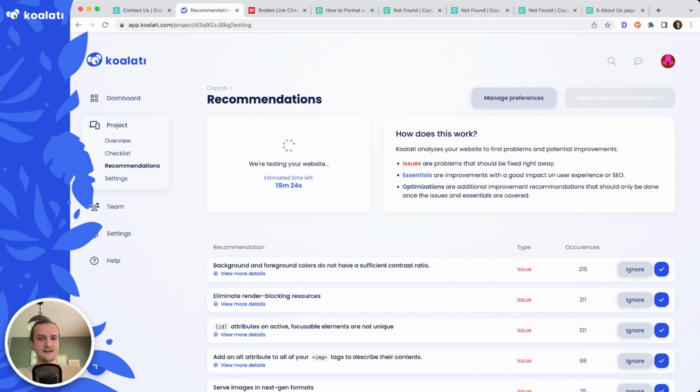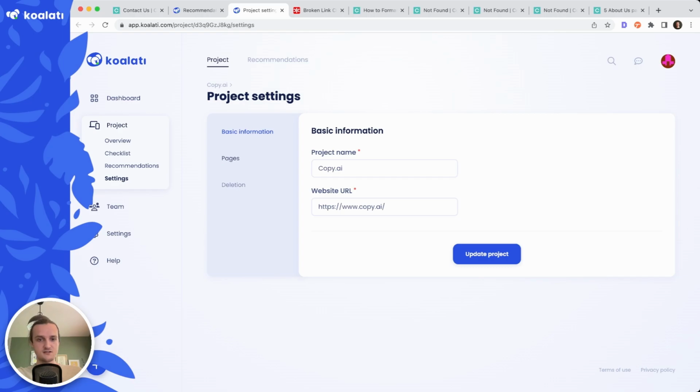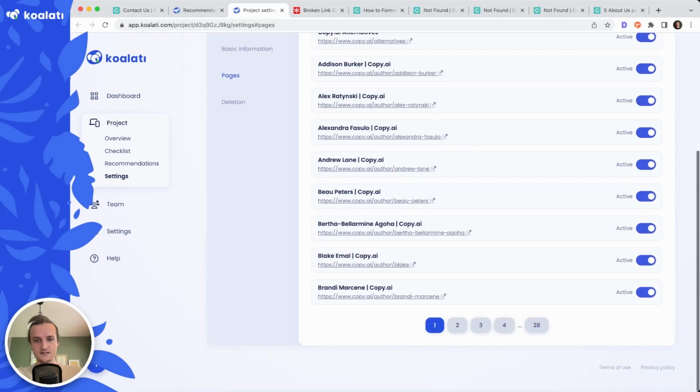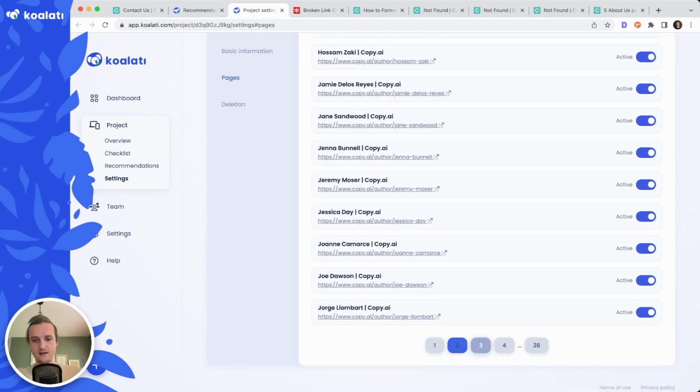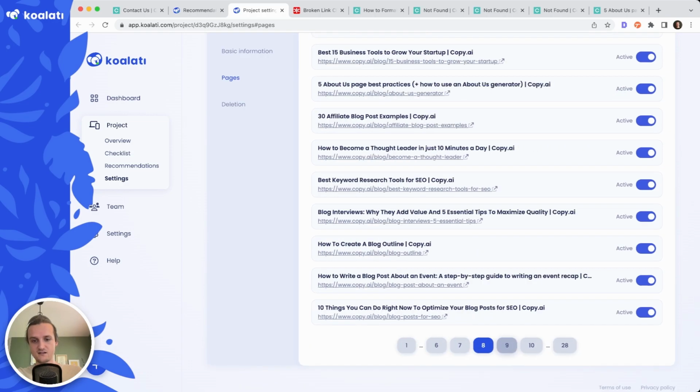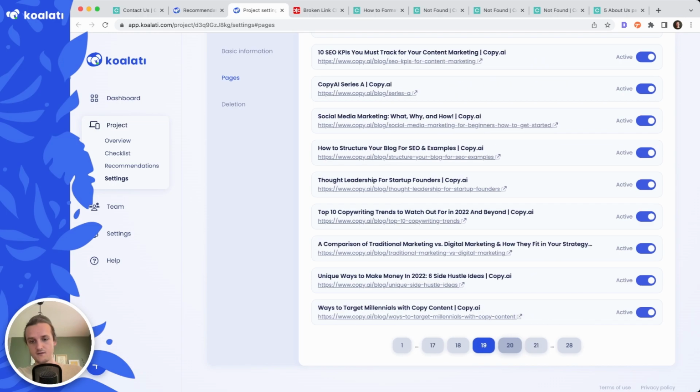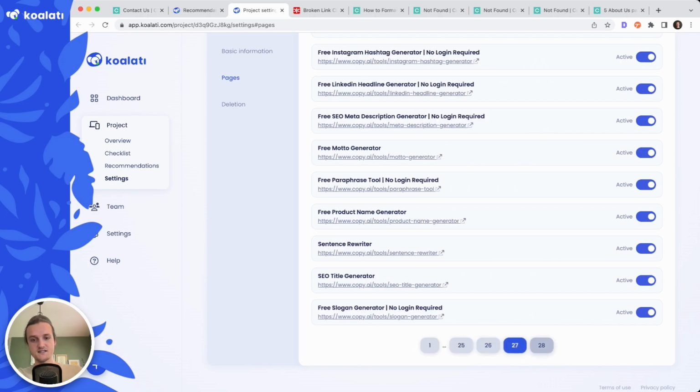So I'm going to go ahead and check out the recommendations. The way this works, by the way, and I started it earlier because there's a lot of pages on this website, is that it's going to scan your entire website and find every page. Now there's a lot of pages on this website, lots of content, as you can see, and it's then going to